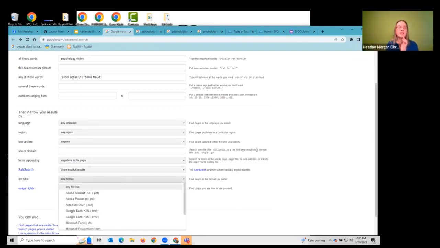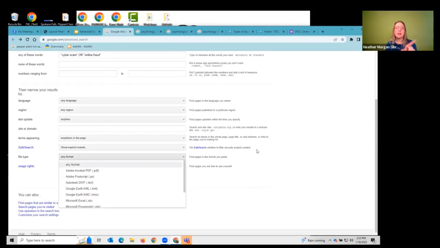Oh, wait, can I just, before you move on to file type, Sharday was just talking about how you could limit it to a specific domain, like a .gov or a .edu, but you can also limit it to a particular site. So even if I was searching government sites and I said, well, actually, I really only want to look at the Department of Justice, I can write in that same box where she wrote domain, I could put justice.gov and it would only search the Department of Justice website. It would only search that website.